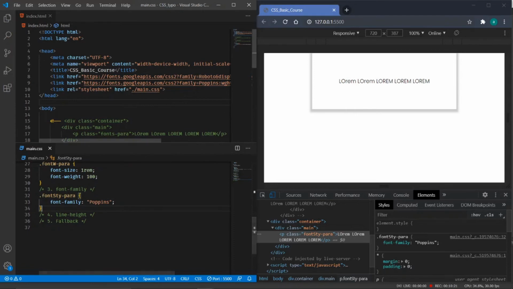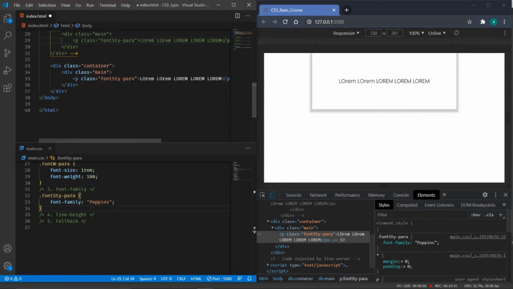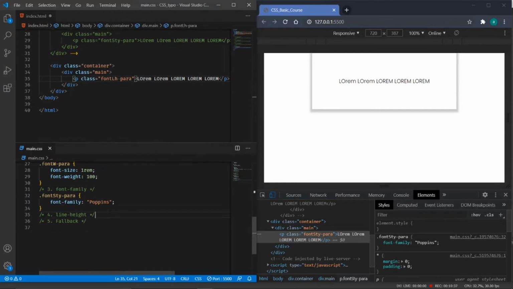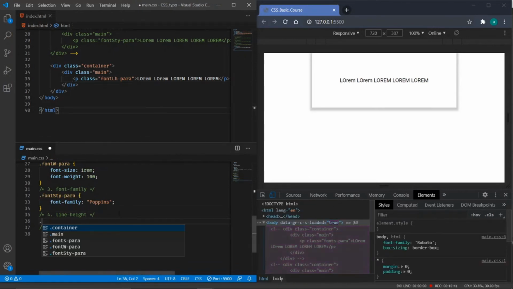Now comes the line height. For that also I will be having the same kind of container. So for the line height I will add L and H. I'm having this kind of classes so that it is easy for us to identify what I have written, line height para.